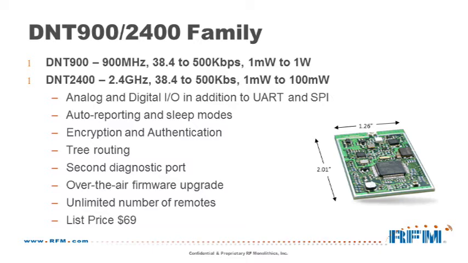We also have encryption, which is the AES 128 encryption, and also authentication. Now what the authentication does is you have the ability to load in the radio itself 16 radio serial numbers, and only those serial numbers will be allowed to join the network. And if you have more than 16 nodes in your network, the radio can be configured to output an authentication request to your application, where you can say, hey, a radio with this serial number has requested to join the network. Should we allow it? And then the application can have a longer range of serial numbers and say yes they can join or no